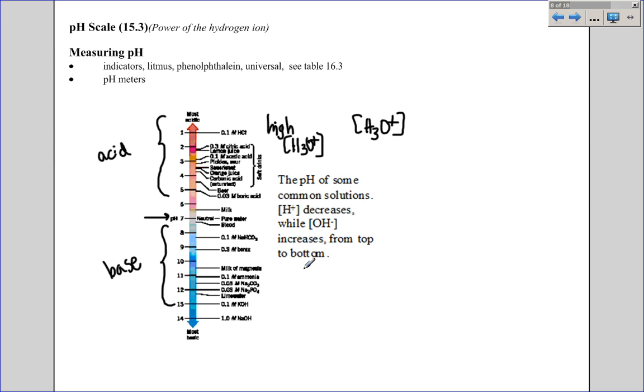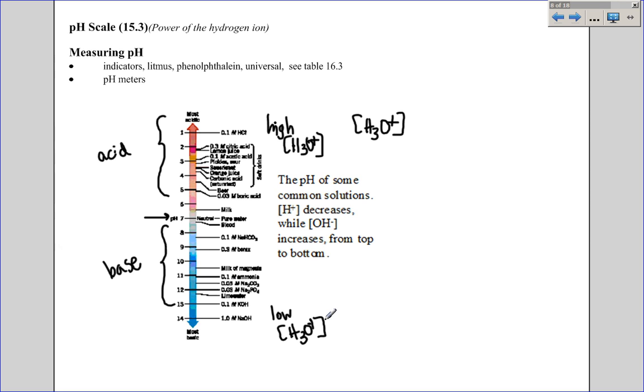Now the square brackets that I'm using are very commonly used by chemists to signify concentration. So when I put square brackets around a substance, that means the concentration of that substance. So this is saying the concentration of H3O plus. Now because this scale is monitoring the concentration of H3O plus, what we need is a relationship between the pH